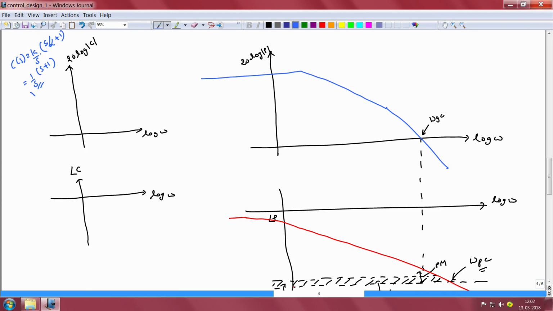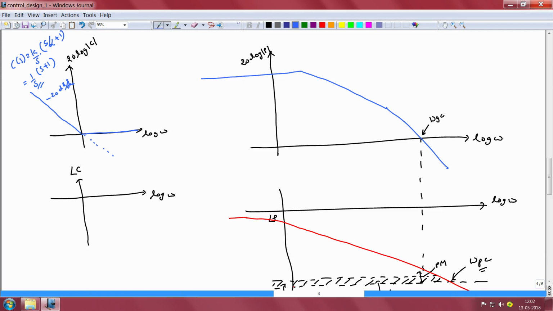So, the asymptotic Bode plot would be a straight line of slope minus 20 dB per decade up to the corner frequency omega equal to 1 radian per second. Now, at the corner frequency omega equal to 1, instead of the gain of the controller becoming negative as it happened in case of the integrator, the gain of this new transfer function k by s times s by alpha plus 1 will flatten out. So, it will coincide with the x axis, or in other words the gain will be 0 dB.